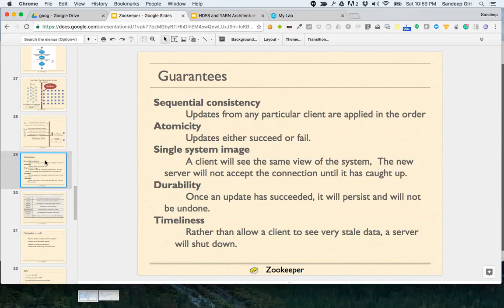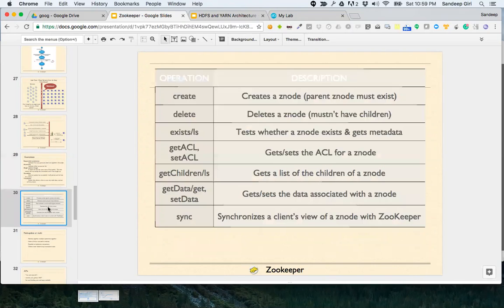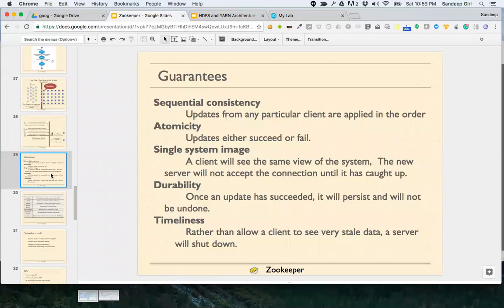Next it provides timeliness. Rather than allowing a client to see very stale data, a server will shut down. For example, E and F were not able to communicate with the cluster. Therefore, they were not giving us a response. When we said ls space slash, they did not give us any result.